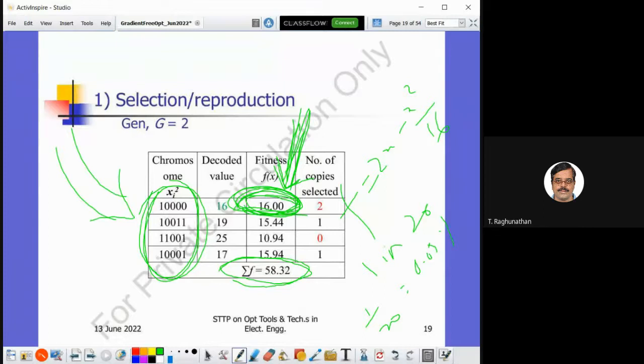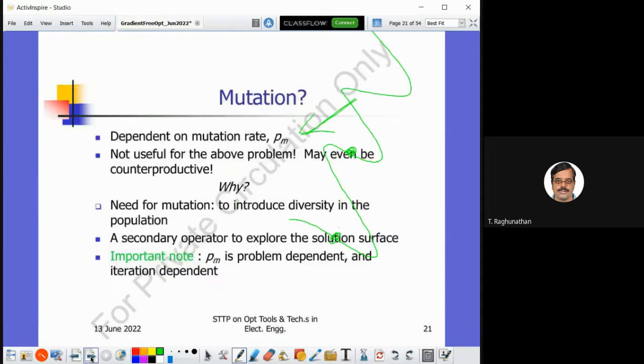Flip meaning if it is 1, I have to make it 0. If it is 0, I have to make it 1. And which bit will I flip? I can choose that also randomly. Randomly, I can choose a bit in these 20 bits and flip that. That is mutation. Okay. So by doing mutation, what we hope to achieve is, if the population is here, by flipping,